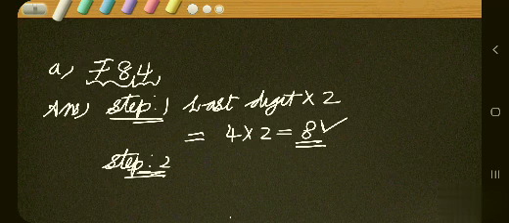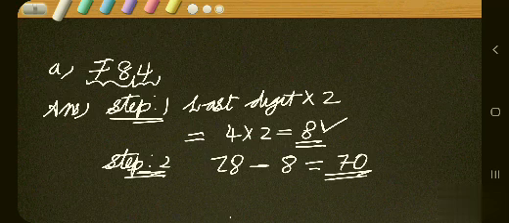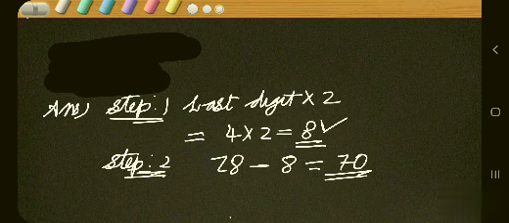Okay, so this product has to be subtracted from the rest of the digits. What is our answer? 70. Then what can we conclude? Is 70 divisible by 7? Of course, isn't it? 70 is divisible by 7. So what can we say? Since 70 is divisible by 7, we can say that the given number is also divisible by 7. That is our conclusion, isn't it? Understood? Okay, please write the conclusion.